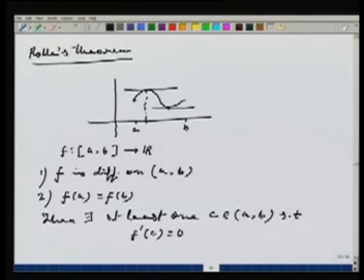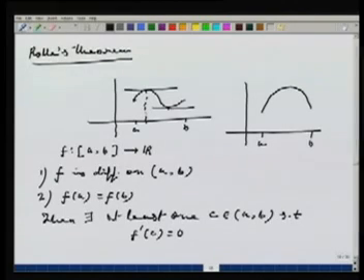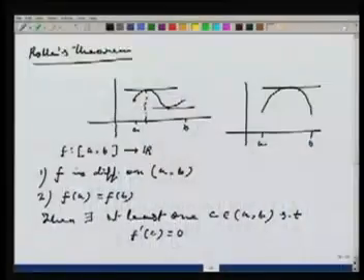Because you see, why I said at least, it could have been at most also. For example, the graph of the function could have looked like this. I take A here. Let us say the graph of the function looks exactly like this. Then it is only the topmost point where the derivative is 0. Okay? Now the beauty of Rolle's theorem is that to prove this theorem, which we know has to be true